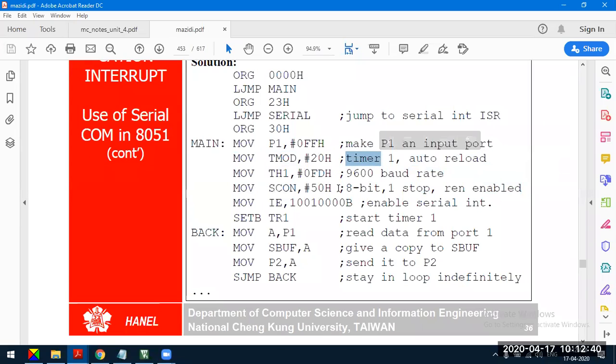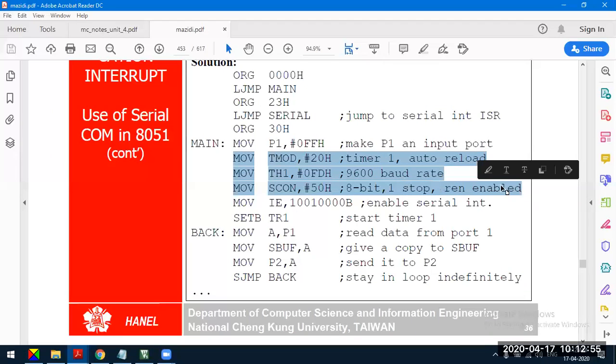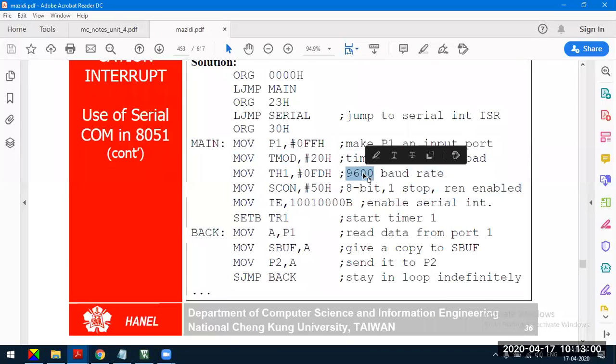And we have to load 50H to the SCON register to enable REN, that is to receive the data serially and to transmit the data serially. And next is 8-bit data, 1 stop bit and 1 start bit. So these 3 lines are almost the same for all serial communication programs, except when you use a different baud rate other than 9600. Only this value changes. Otherwise, these 3 lines remain the same.